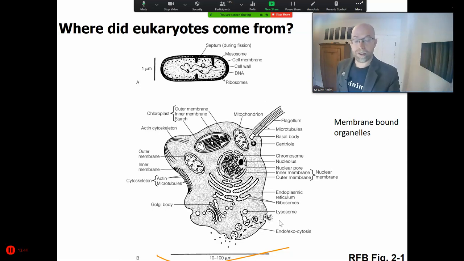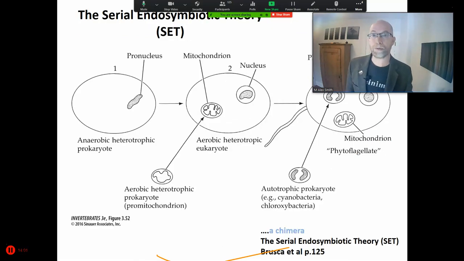So you can appreciate just seeing a line drawing and the fact that in your lab kits, which hopefully you've all ordered by now, there is no jello, and you won't be making a jello mold of a eukaryotic cell. But from an evolutionary perspective, we're interested in thinking about how did this come, where did this come from? And the principal